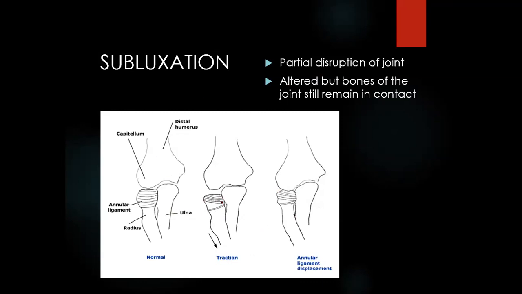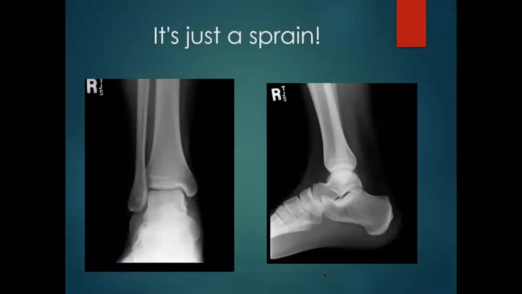So this is actually what happens with the radius with kids when they get a lengthening of the arm quickly. They will sublux this annular ligament over the radius, boom, and then it will hurt, and they won't be able to move as well until you reduce this subluxation, which we'll talk about too. So it's just a sprain, right? So what's a sprain? Well, a sprain is a pulling of the